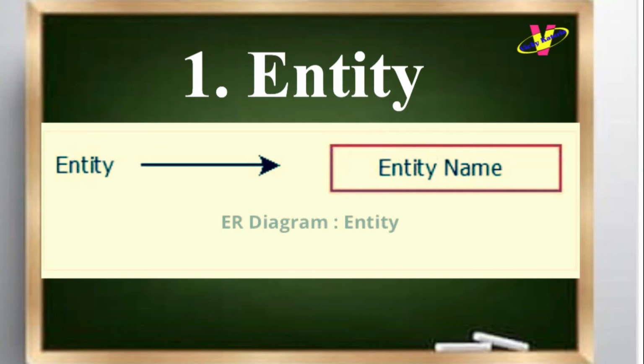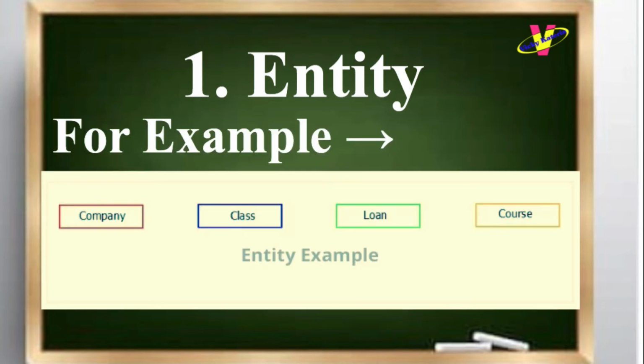Entity. The entity is denoted through a rectangle. These rectangles are named according to the names of entities. For example, let the entities be company, class, loan and cost, then they will be represented as